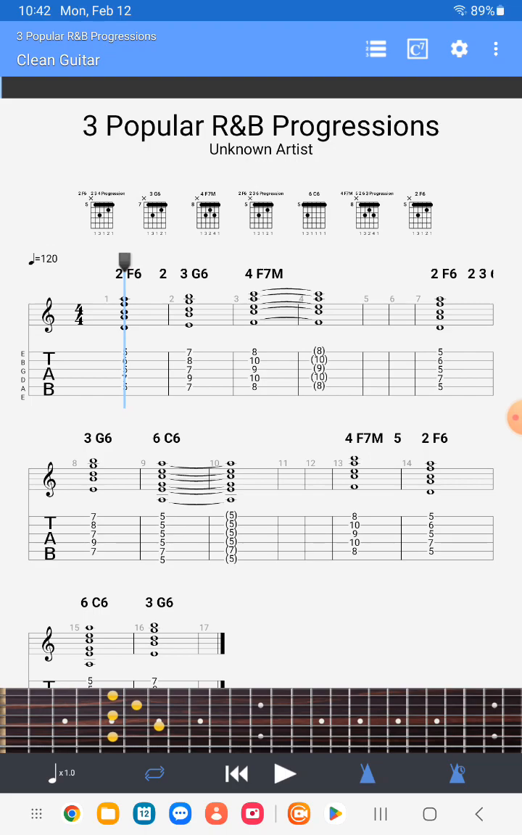Alrighty, so we're going to start at the top and just show you what each of these functions do. If you go to the top, you'll notice on the left hand side it says 3 popular R&B progressions. That is the file that I downloaded and sent to myself. And then it says what type of instrument it is. And you'll notice that this is guitar, and with the guitar you can see